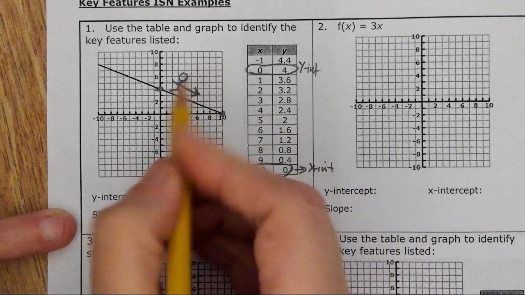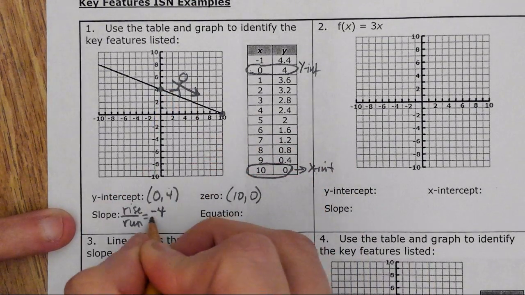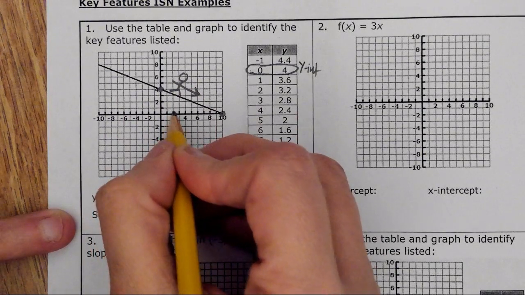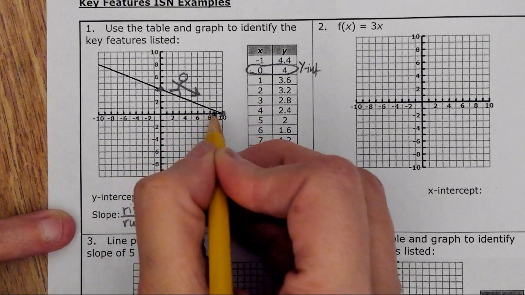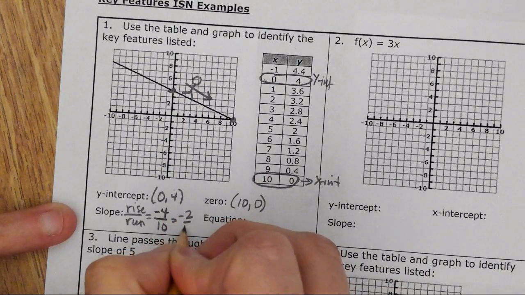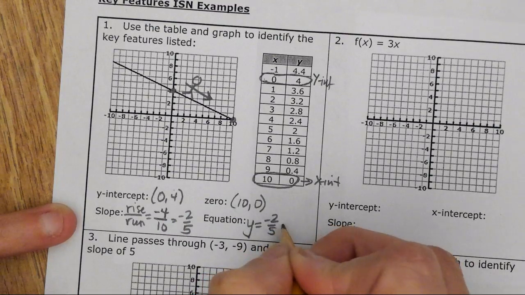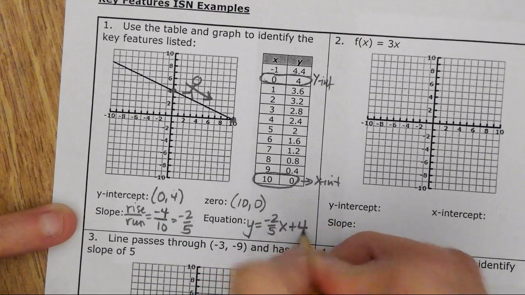I always write rise over run. Then I'm going to rise 1, 2, 3, 4, negative 4, because I'm going down 4. And then run 1, 2, 3, 4, 5, 6, 7, 8, 9, 10. I'm going to run 10. That reduces to negative 2 fifths. So my equation is y equals negative 2 fifths x plus 4, because b is my